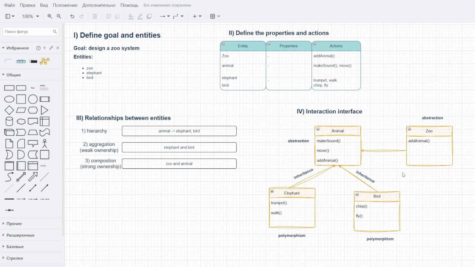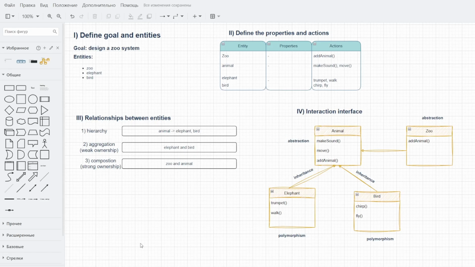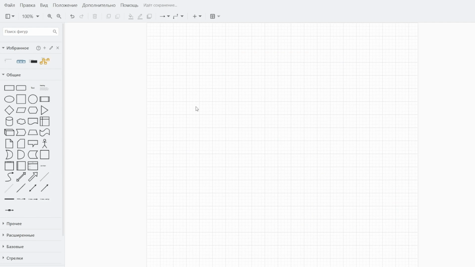So let's move to the next task. Pet management system. There are different types of pets in the system, each of which requires unique care. For example, a dog is walking and eating dry food, cat plays and eats wet food. It's necessary to design a system that accepts any pet and allows interaction with it, for example, feeding, walking, or playing, taking into account the characteristics of each species. So let's go and create another